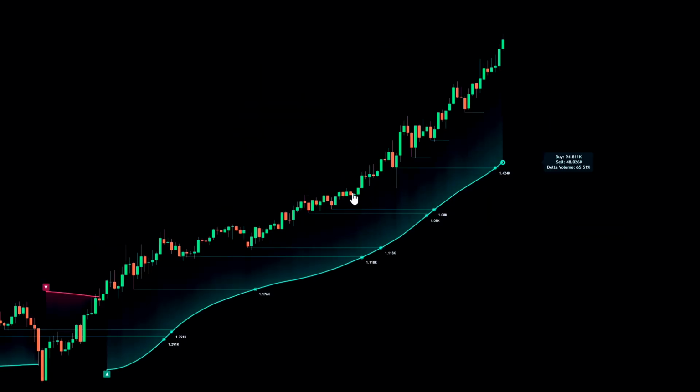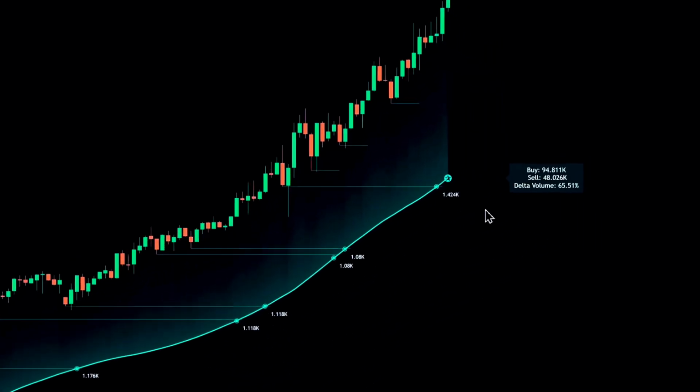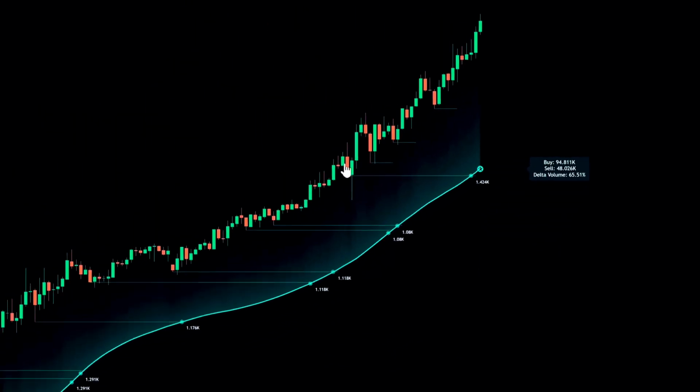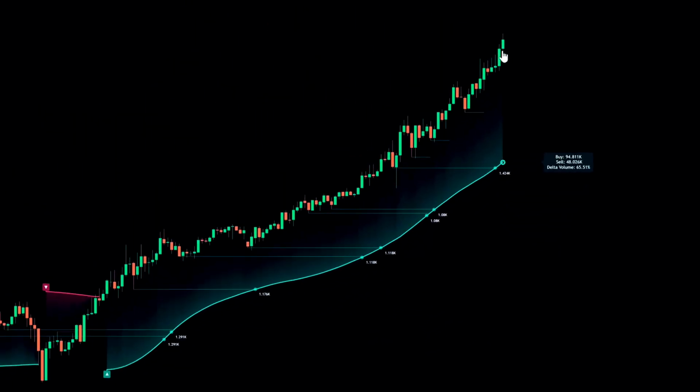From my experience, whenever the delta volume exceeds 50%, that's a good indication of a strong trend. For example, let's take a look at a strong bullish trend where the delta volume is 65%. This is a clear signal that the trend is strong and the probability of profitable trades is high. The higher the delta volume, the stronger the trend. In fact, the delta volume can go as high as 200% in rare cases, though that requires a sustained series